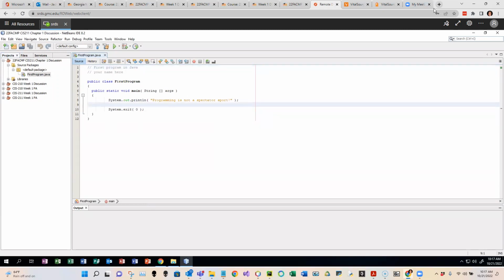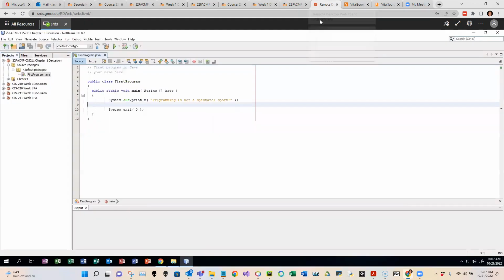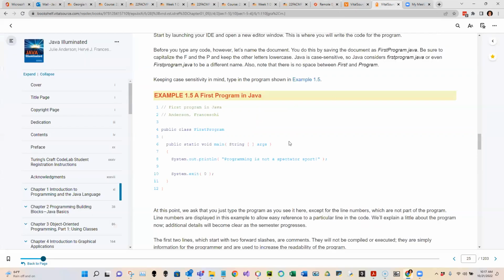Once we've done that, now we can double click on first program, and we'll see that this is the exact same file as here. I suppose you could type in this code if you like, but you can also just use the textbook activity frameworks folder and import the existing code, because at the end of the day, what they want us to do here,